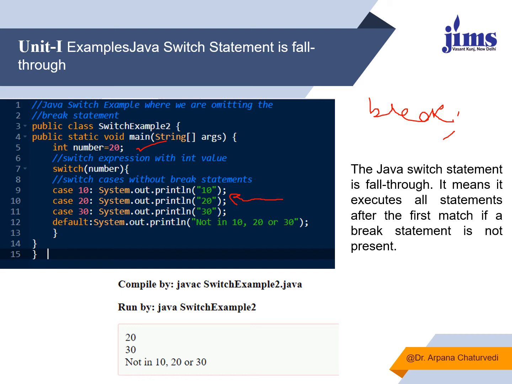This is why it is suggested that once the condition is true, you can write any number of statements, like if it is 10, it is true, write any number of statements, but it is a must to write break. It is a must to write break so that once the condition is true, your control will come out of the switch case block and start executing the rest of the statements.